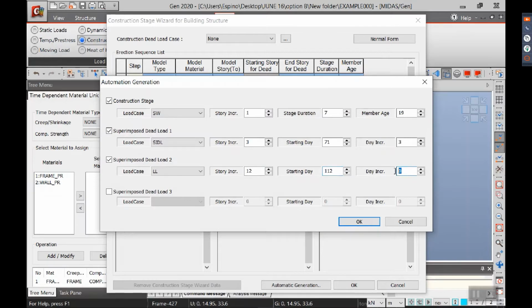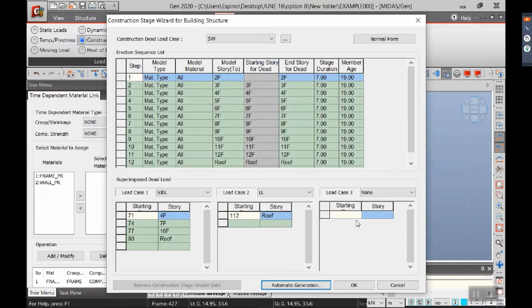And the day increment, I can just use one value. For simplicity, for the application of live load, it will take just 1 day to apply, let's say, for example. So I can now click on OK, and the erection sequence list is now being generated,